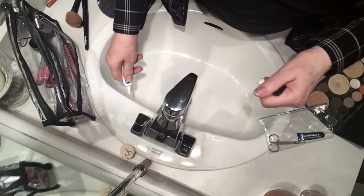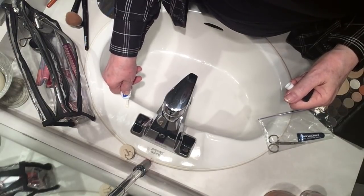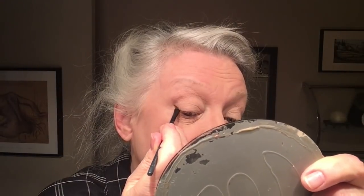And now I'm pulling out my glue and my tweezers, and I'm going to add a dollop of glue on the corner of my sink because it's non-porous. And then I'm going to take a flat-edged angled brush into that slate color, and I'm going to add my